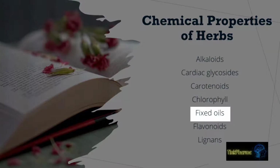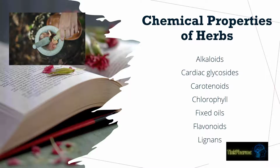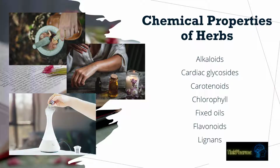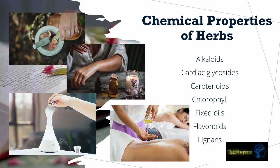For fixed oils, these are also referred to as vegetable oil, carrier, or base oils, and they contain nutrients such as minerals, antioxidants, and fat-soluble vitamins. They are not volatile, and they do not evaporate. Many fixed oils are used with essential oils for aromatherapy because they do not compete with the aroma, and they are also mixed with essential oils that are used for massage therapy. Now, some of the examples of fixed oils are almond oil, avocado oil, aloe vera oil, castor oil, flaxseed oil,